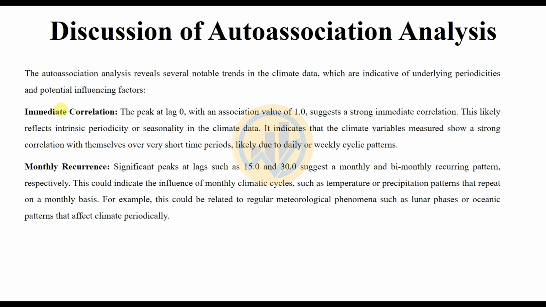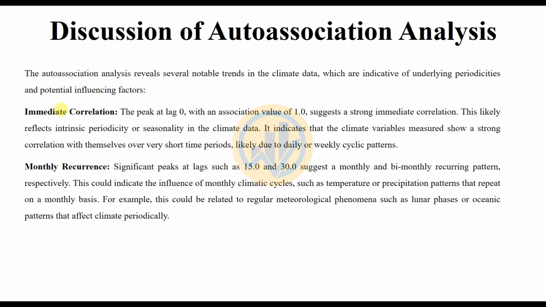cyclic patterns. Second, monthly recurring patterns: significant peaks at lags such as 15 and 30 suggest monthly and bi-monthly recurring patterns respectively. This may indicate the influence of monthly climatic cycles such as temperature and or precipitation that repeat on a monthly basis. For example, this may be related to regular meteorological phenomena such as lunar phases or oceanic patterns that affect